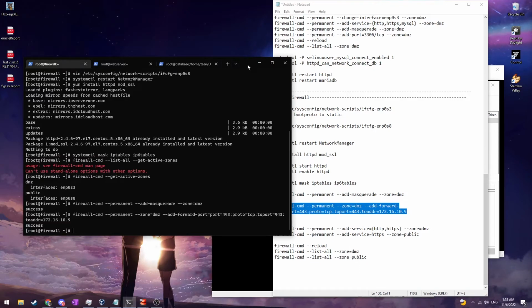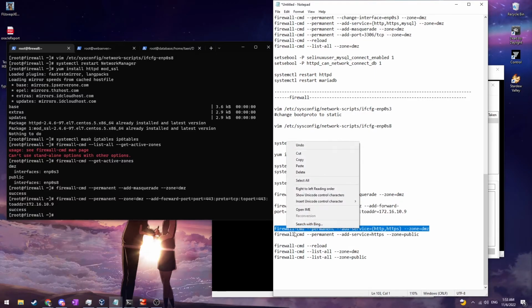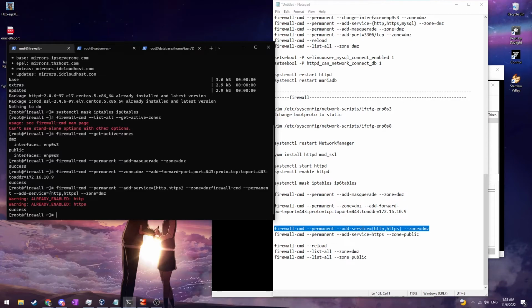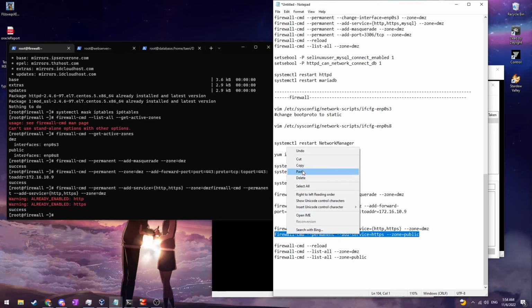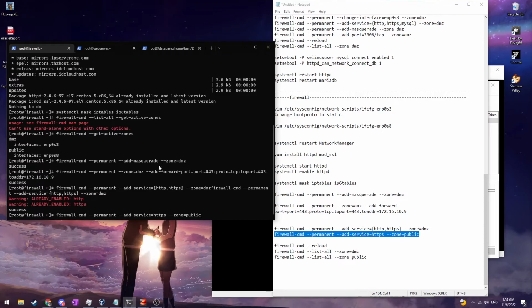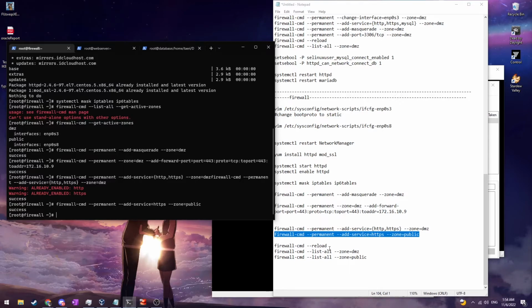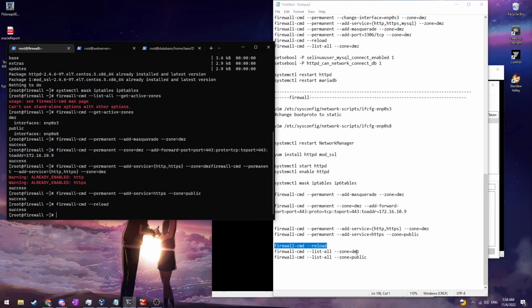we need to add services for both zones. First I'm going to add the HTTPS and HTTP services for the DMZ zone. The HTTPS service is already configured for the DMZ zone. Next we're going to configure the services at the public zone, but here we only establish the HTTPS service. After all the configuration is set, we need to reload the firewall to reset all the configuration, and then